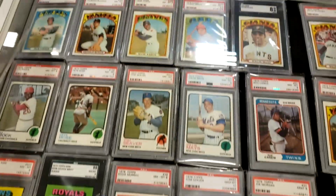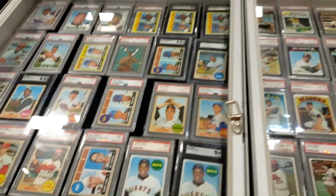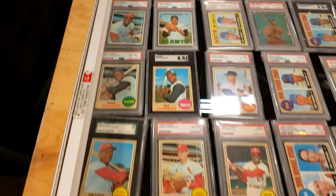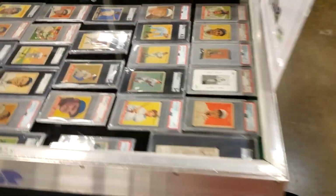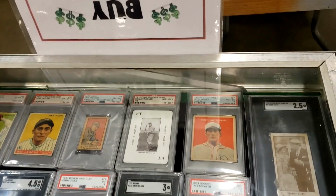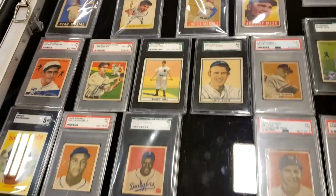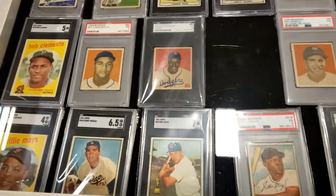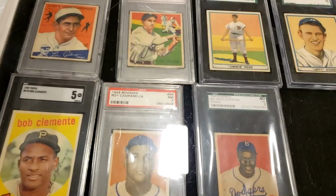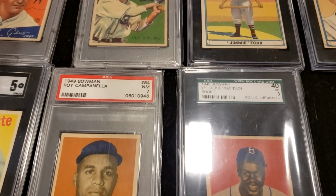If you wanted graded, you could see here a lot of graded cards, but if you didn't want graded, there were tons of raw also. There were a lot of dealers there that had raw that they just didn't submit. And they said they do better with the raw cards and letting other people submit them. So there was everything there. Filler cards that looked like they were stuck to a tire, and, like you see there, very, very good graded examples. So it was just a great